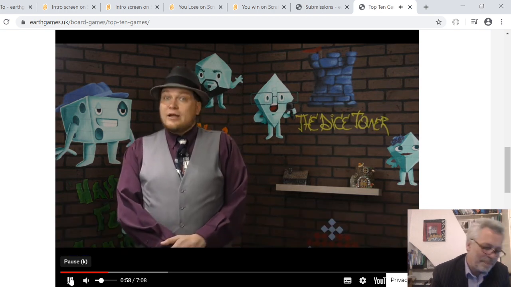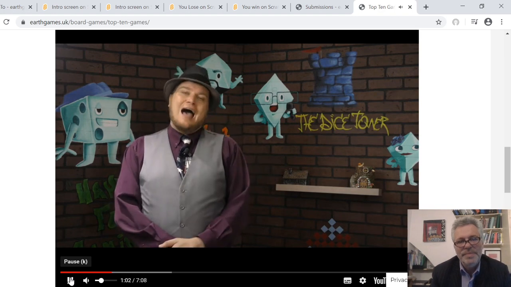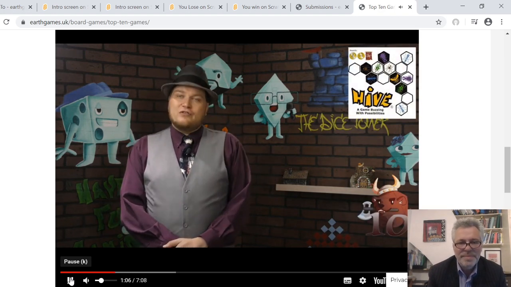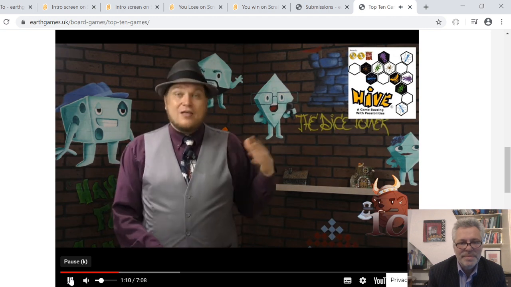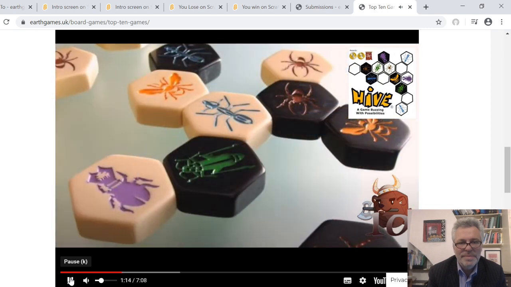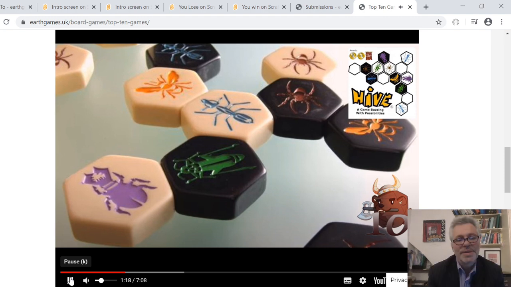I'd like to see more games made in this line. We'll have to wait and see. So here we go. Number 10 is Hive. I'm actually not a huge fan of Hive, but I felt a bit of disservice to this list had I not put it on here. So I'm not a big fan of this, but this is by far the most popular bug game out there. It's an abstract strategy game in which there's no board and you place the pieces down and you're moving them